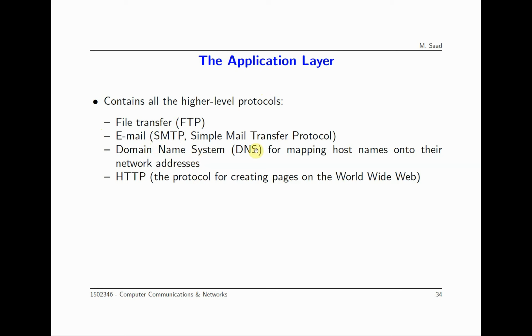In the internet, we have something very important called DNS, Domain Name System. Domain Name System means translating a network name into a network address. A network name like cnn.com or sharjah.ac.ae or mit.edu. These are network names or host names. To actually send messages or packets to these hosts or to these machines, we have to use a network address which consists of numbers. Later on in the course, we will call them IP addresses. How can we translate a network name like cnn.com into its corresponding address which consists of numbers? We have an application called DNS, Domain Name System, and DNS here is nothing but a protocol which works at